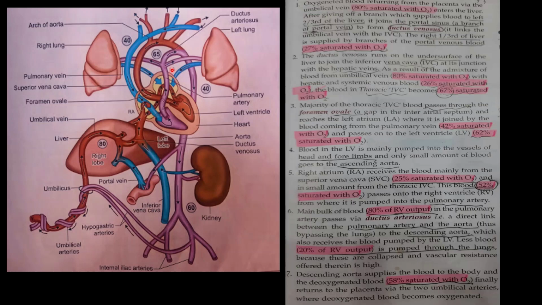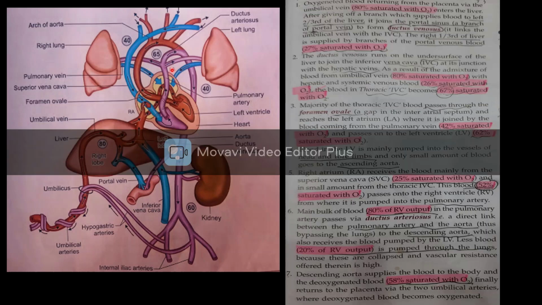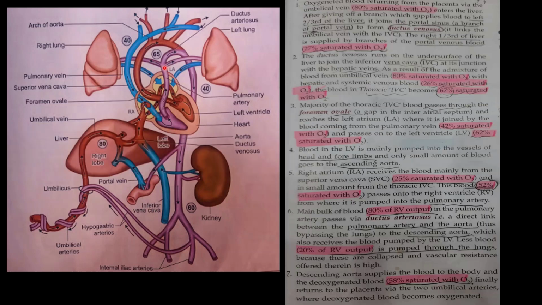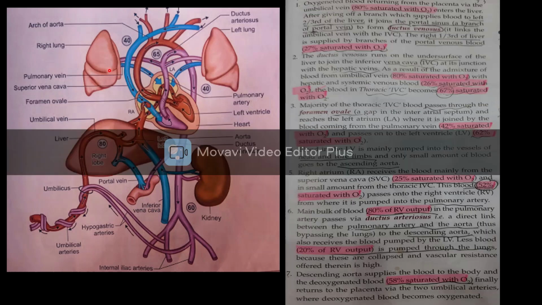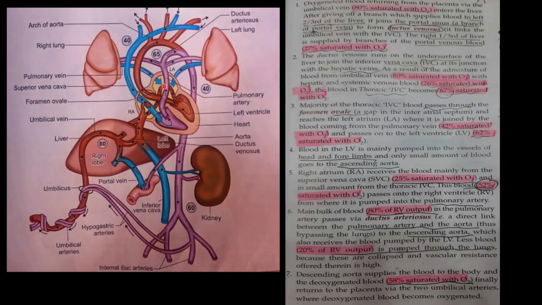In the next slide, we are also going to discuss points of mixing of blood in the fetus. Most of the blood entering the pulmonary artery, which is 80% of the right ventricular output, goes through the ductus arteriosus, and only 20% goes to the lungs to supply oxygen to the lungs. And the relatively deoxygenated blood coming from the lungs after usage of oxygen comes to the left atrium. Only in the fetus.